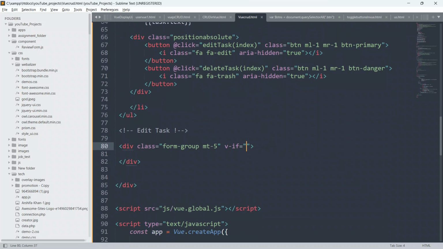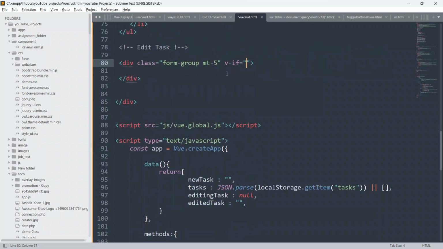We generally use v-if, v-else and v-show to show something based on a certain condition. We will render something if the condition is true, and we will remove it from the DOM if it is not true. So here I'm going to use v-if to render it conditionally.